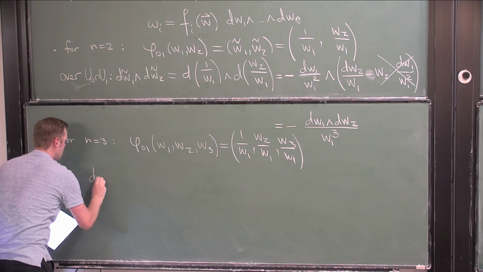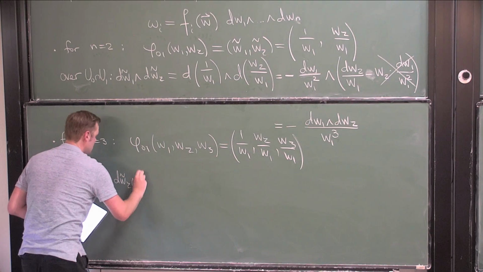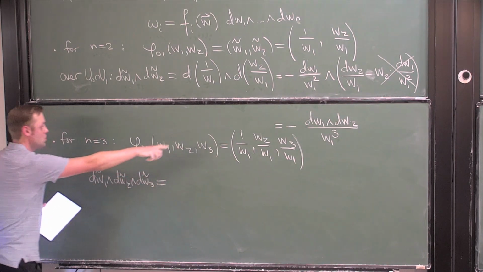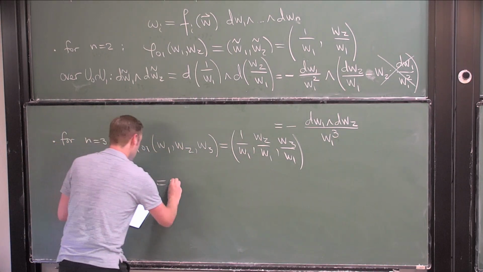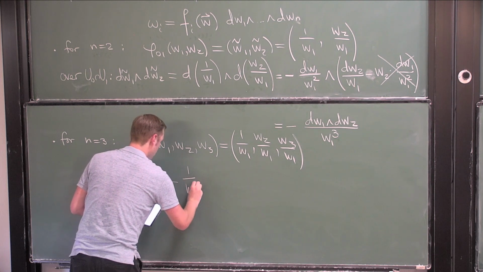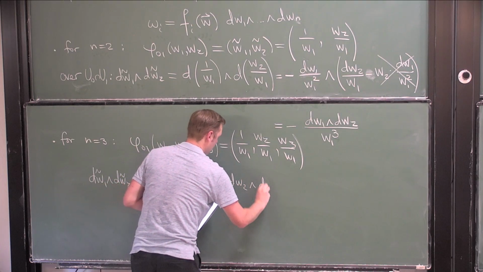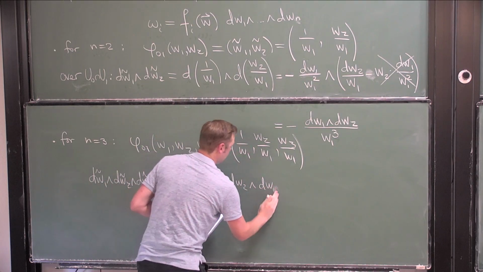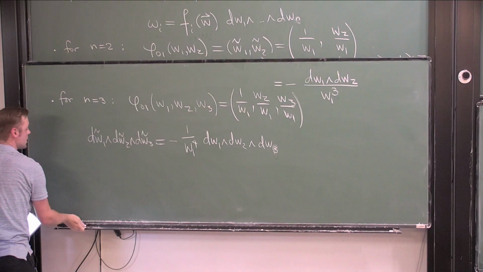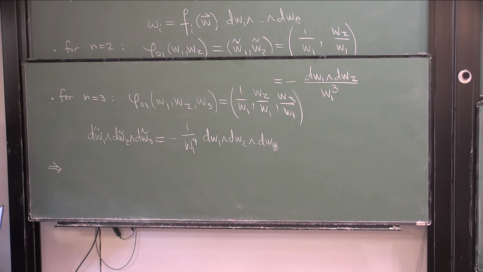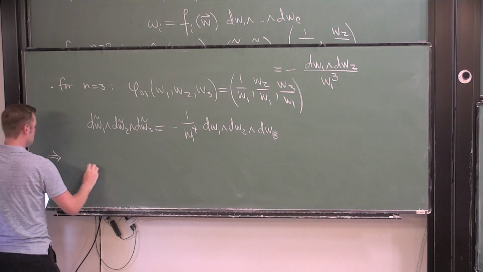And so if I look at dW1 tilde wedge dW2 tilde wedge dW3 tilde, and I just substitute these expressions and compute the derivative, what you find is that we get a power of 4 popping out. And so on, so this is what you get. The experimental observation we get from this obviously requires a proper proof, but the observation is